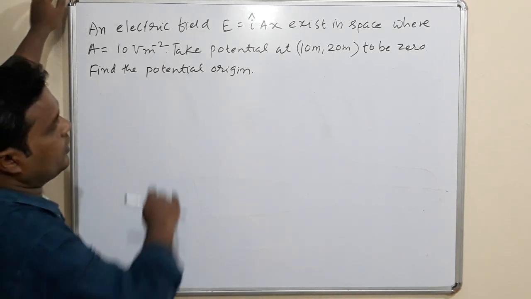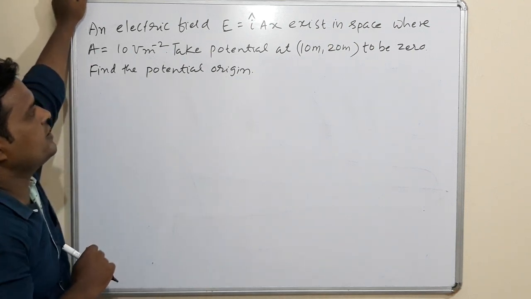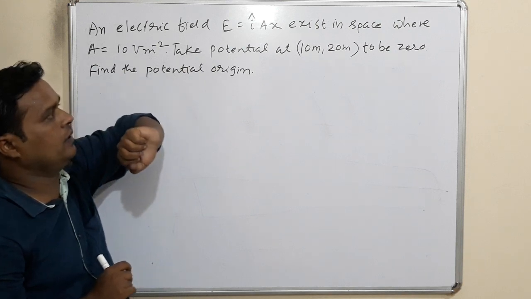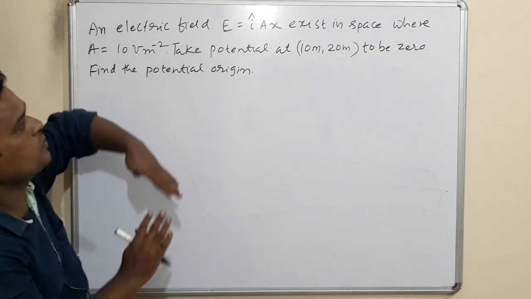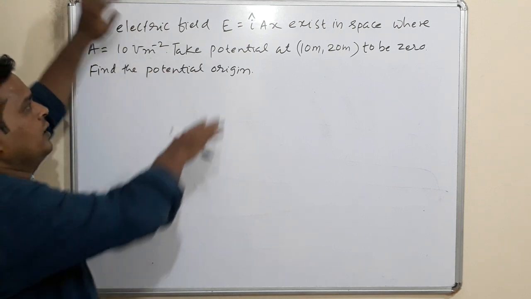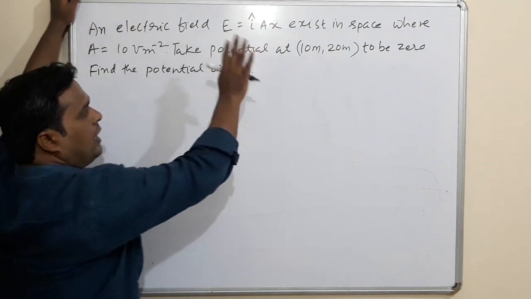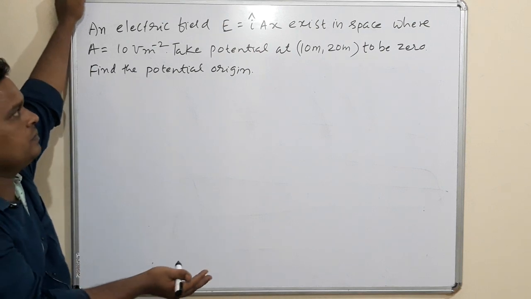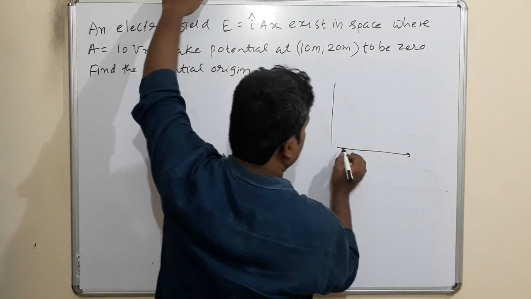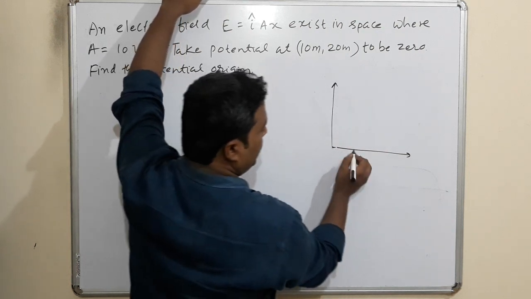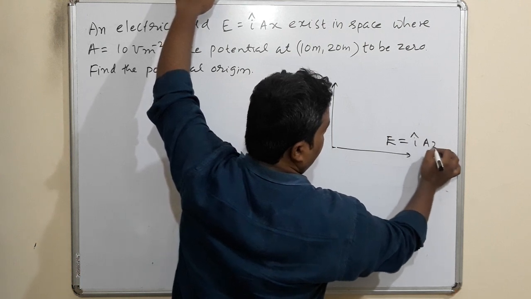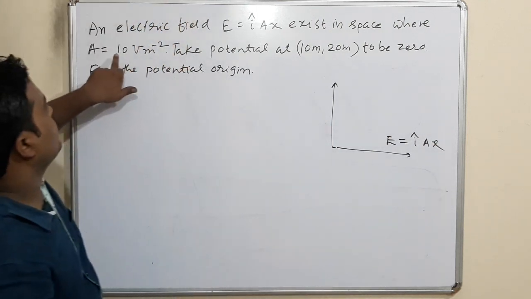Okay, we will continue this example now. What is this? E is equal to, the electric field is given here. In all these examples, what we observed is that electric potential was given and we used to find the field. Now the field is given and they are asking for the potential. This much field exists in the space along the x-axis. What is this? E = a i cap x, where a is given as 10 units.